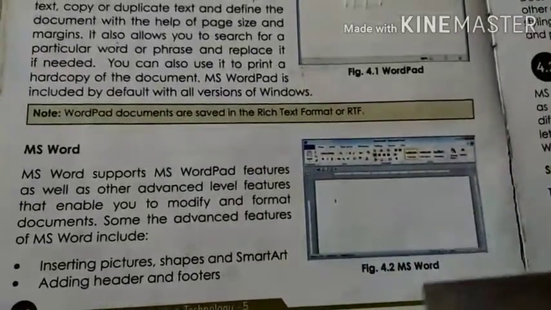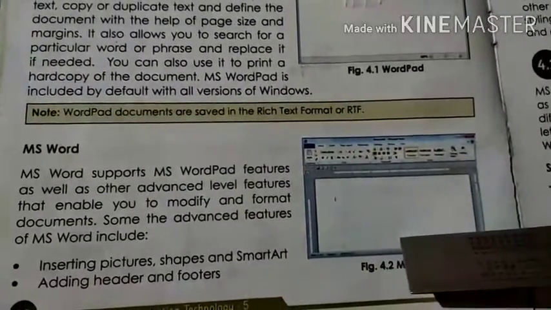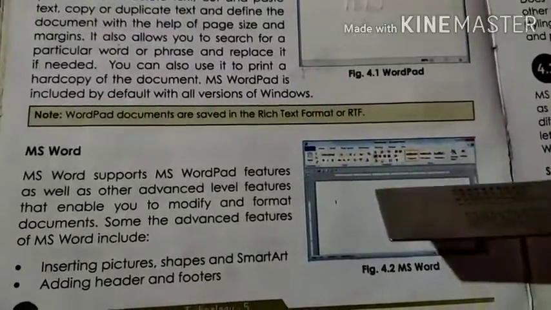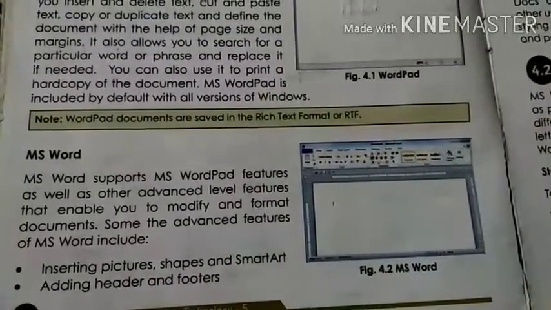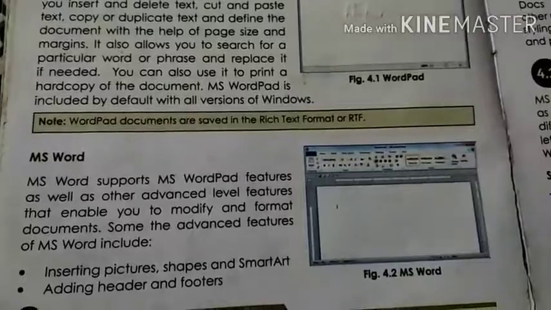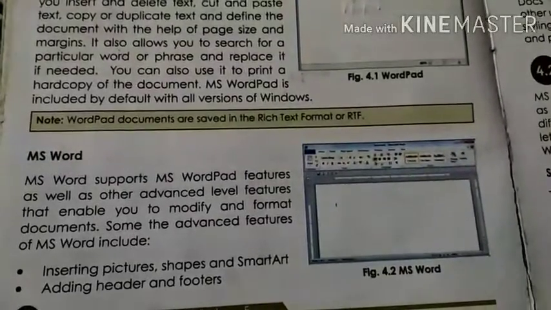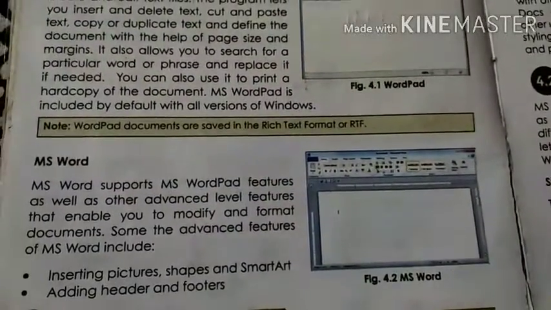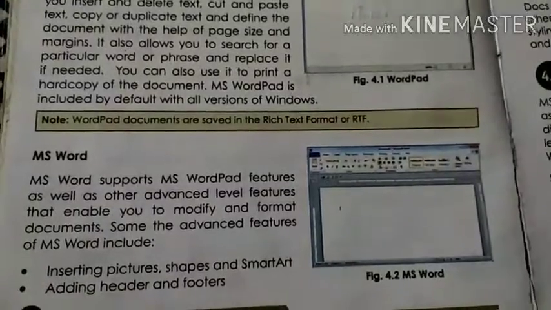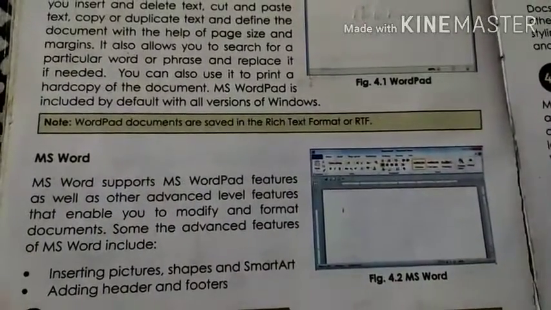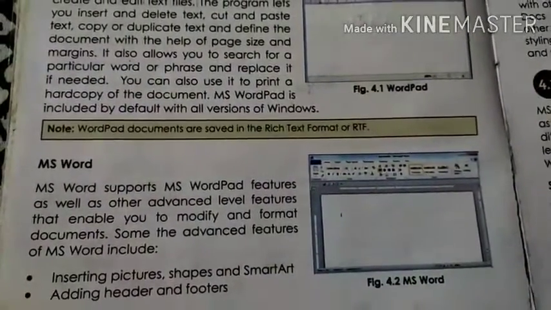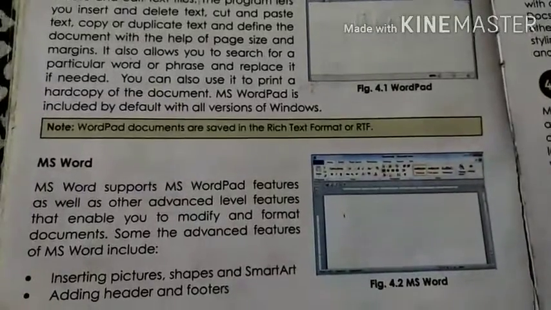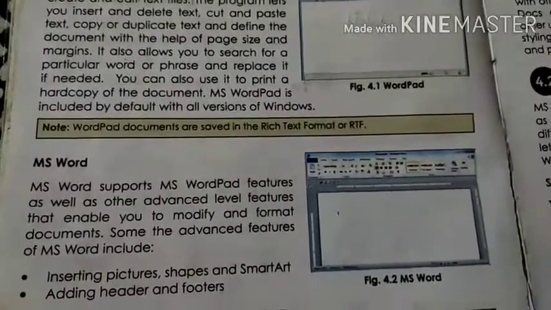So you can see this is the window of MS Word. In the MS Word document you can add pictures, whether you use clip art images or your computer images. Again, you all know in MS Paint we had a shapes group, right? Same like the shapes group, we have it in MS Word.